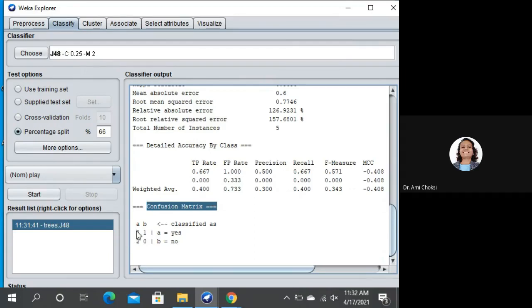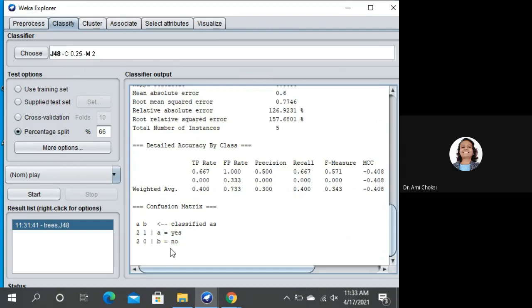We have two columns, a equal to yes and b equal to no. This is the true positive, here this is no, so TP, FP, then FN, TN. That way it is giving us the confusion matrix.